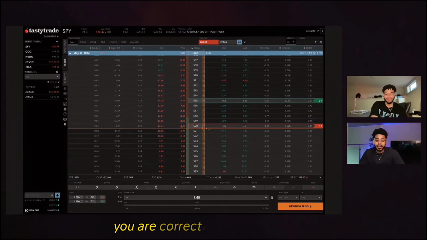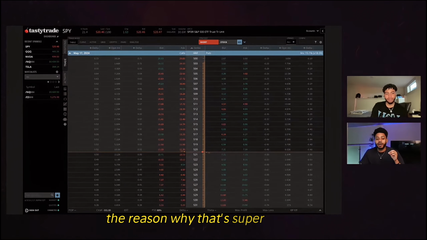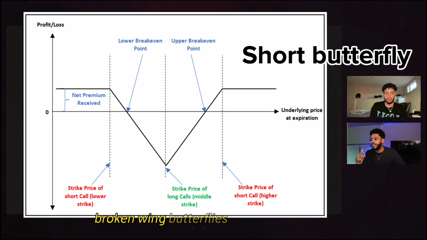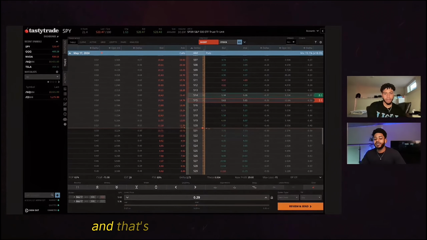The reason that's super helpful is that eventually we're going to get into selling butterflies and broken wing butterflies, and setting those up isn't going to be as simple as these easy put spreads. That's where you're going to be like, wait,